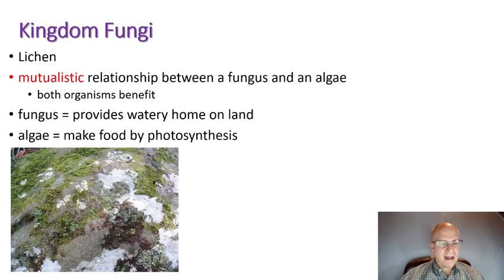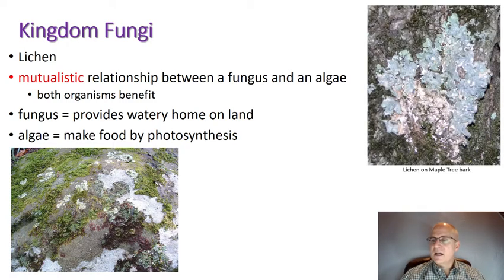And here you can see a rock that I ran across in Virginia hiking around, and this has a whole bunch of different types of lichens growing on it. You've got some crustose, some crusty ones, and some foliose, some growing like plants. You've got some purple ones, a variety of different green ones, really interesting. And then here's a lichen that I found growing in the bark of a maple tree. Okay, so lichens, mutualistic relationship between an algae and a fungus.